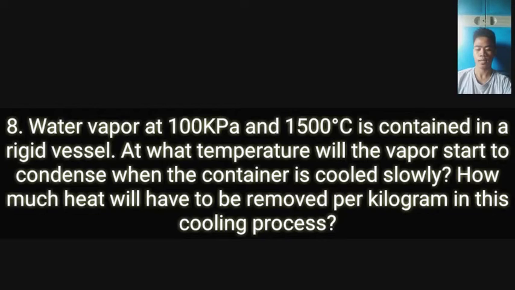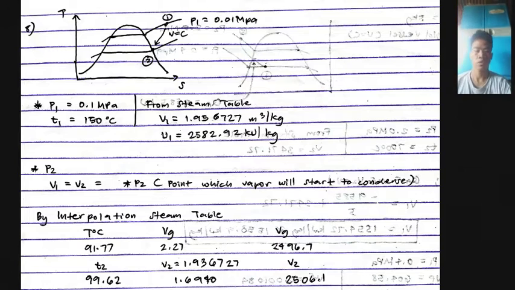Next, number 8. Water vapor at 100 kilopascal and 1,500 degrees Celsius is contained in a rigid vessel. At what temperature will the vapor start to condense when the container is cooled slowly? How much heat will have to be removed per kilogram in this cooling process? So, our solution for that, for our given values, P1 equals 0.1 megapascal,